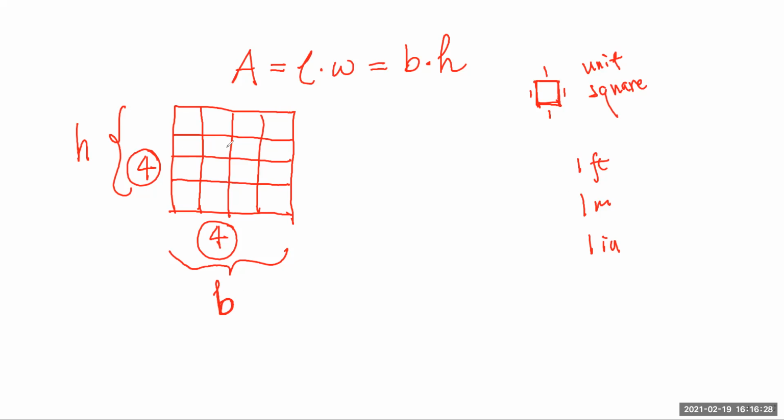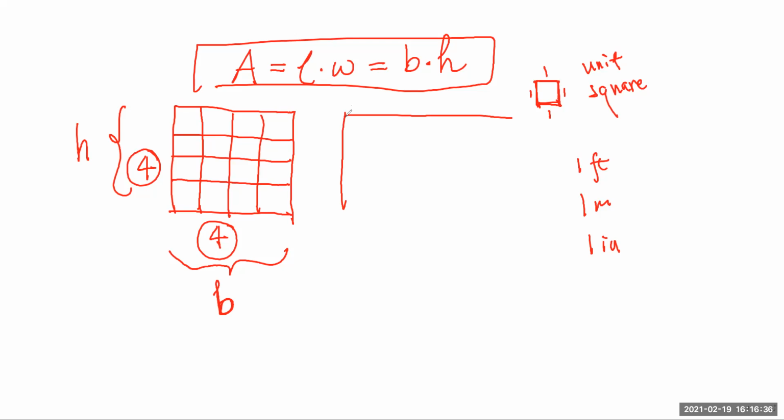Okay, so that's area for a square. Square is super easy. But this formula actually is for the rectangle, so we have base times height. Now, from there, we can ask what happens if we have other shapes like a parallelogram. In order to measure the area of a parallelogram, we're going to change it into a rectangle, because we know how big a rectangle is.